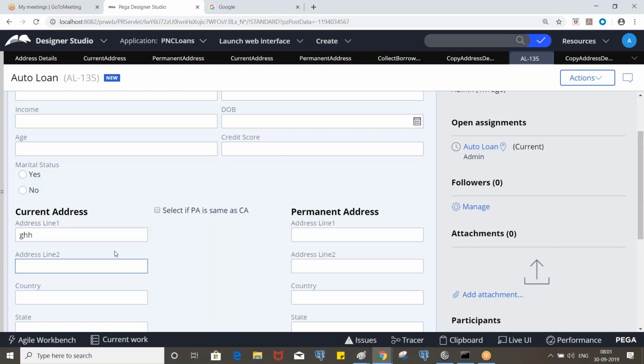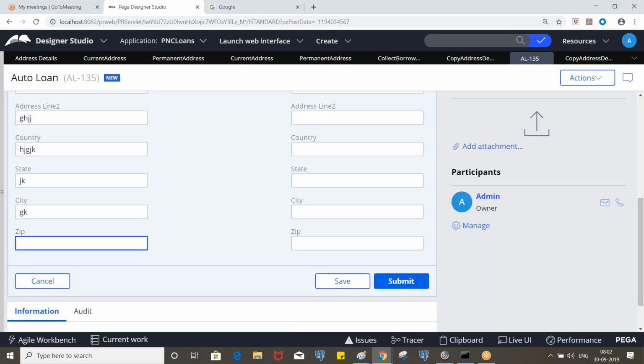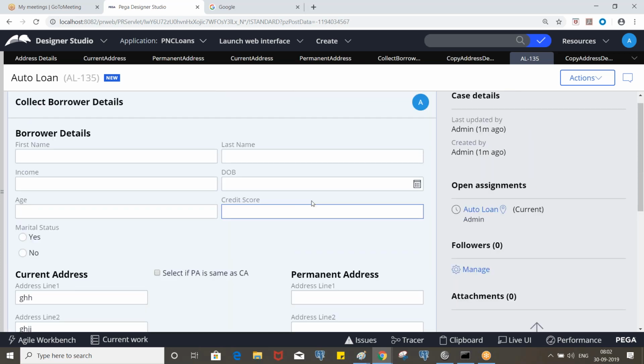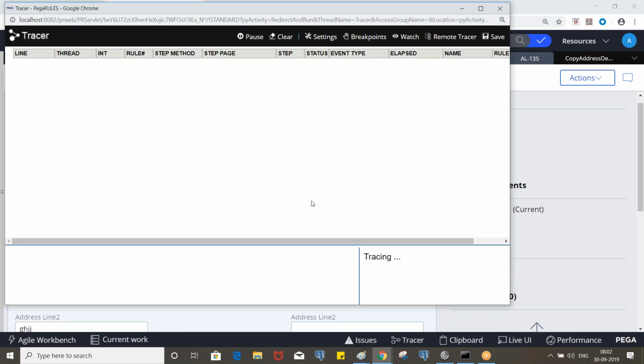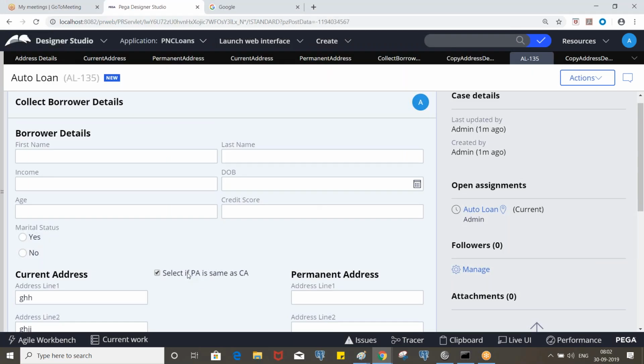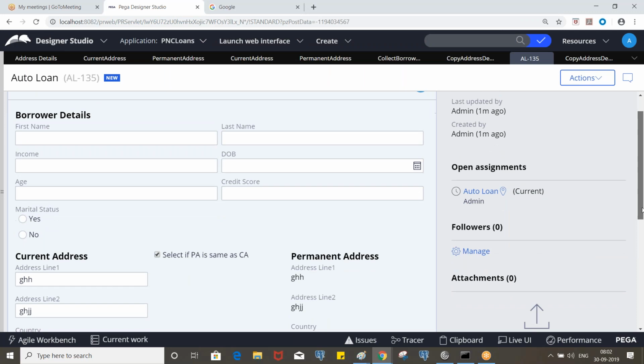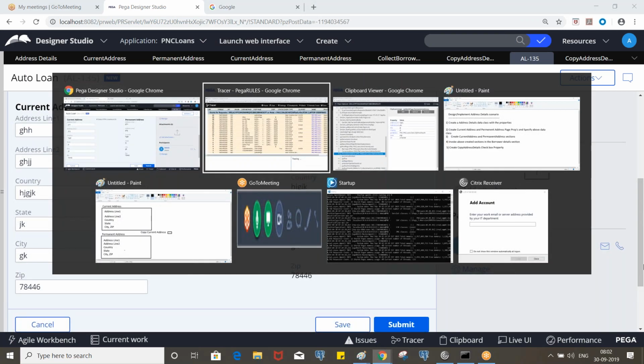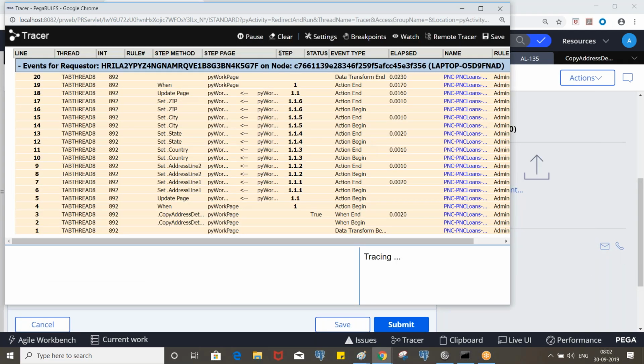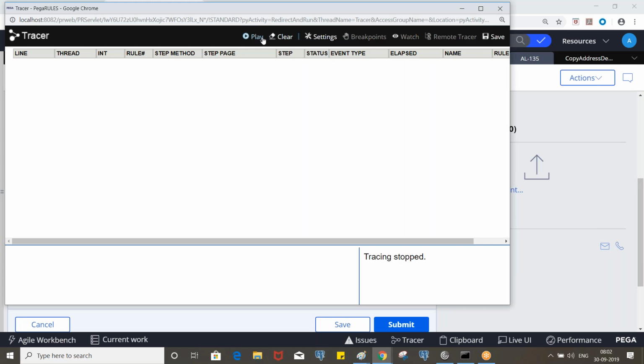So now see, let's enter all the details and let's select the checkbox. Okay, before selecting the checkbox, you open the tracer and say details copied. So now go here. Okay, data transform only executed. Okay, 1 second.